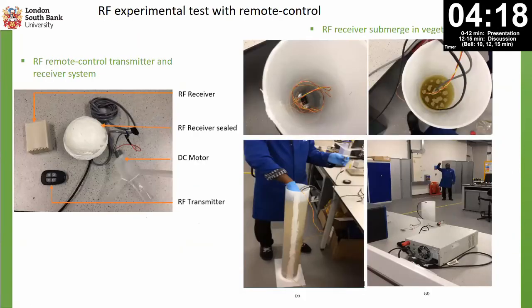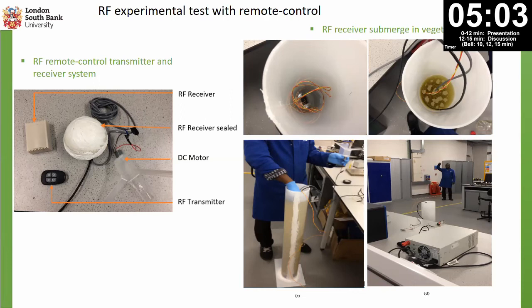The experimental lab work was also carried out with vegetable oil. Here we have a transmitter and a receiver antenna, and the pipe was filled with vegetable oil. I don't have a video, but I have a picture which shows, for example, in one hand a DC motor, and we submerge the transmitter. We were able to turn on the receiver, which is connected to a DC motor,